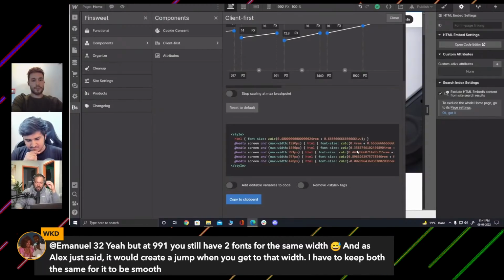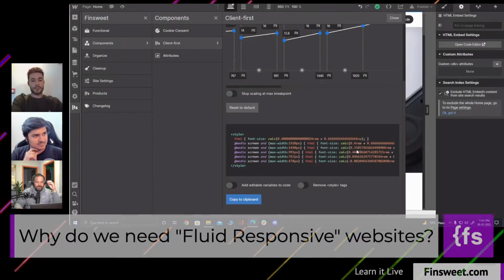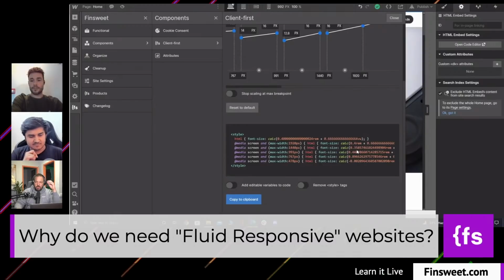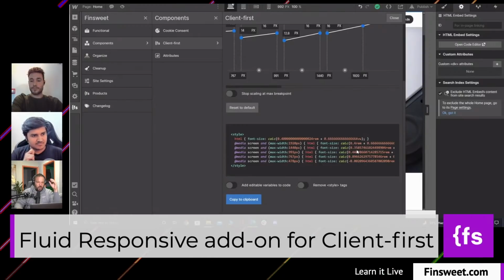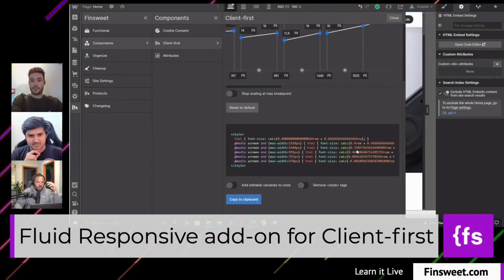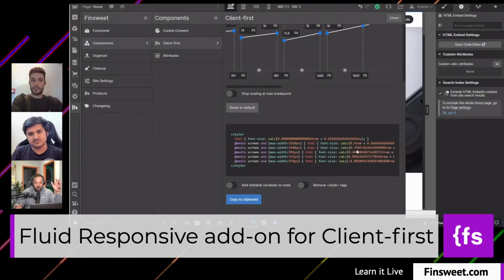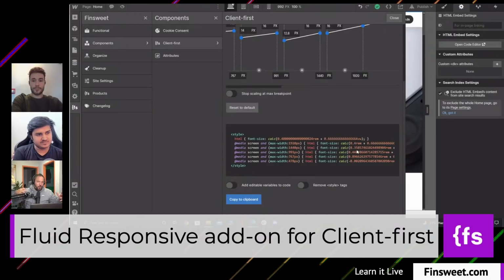That's where I think the best thing you can do here is really just get into the software and start playing around with the tool. And then you'll find out little quirks, little idiosyncrasies, how to make it work best for your builds. This isn't something that you're just going to slap into a client first build and everything's going to be perfect. You might have to tweak a little something. You might have to resize something you did a certain way before you were thinking about building with Fluid first. It's one of those things like anything in Webflow: the more you do it, the better you're going to get at it. The more you understand what's happening behind the scenes, the better you'll understand it,